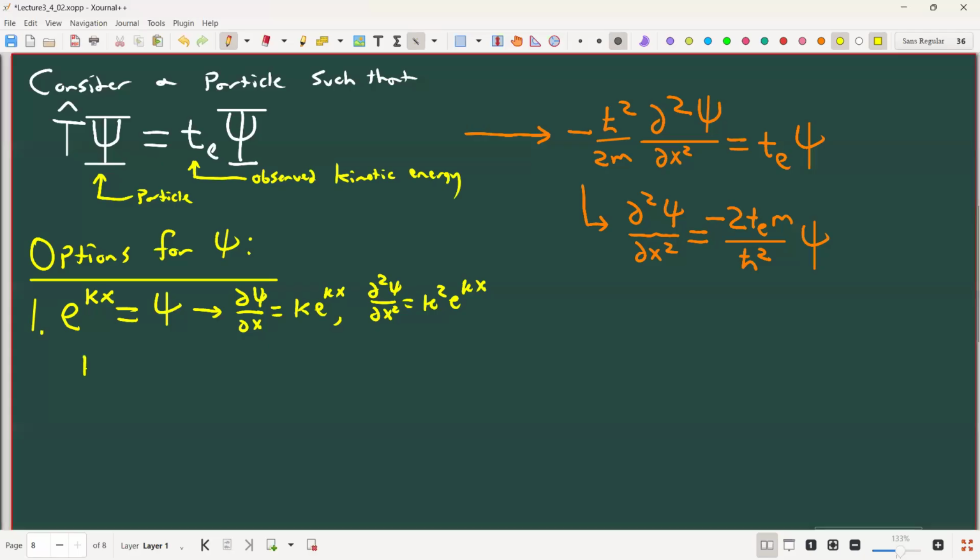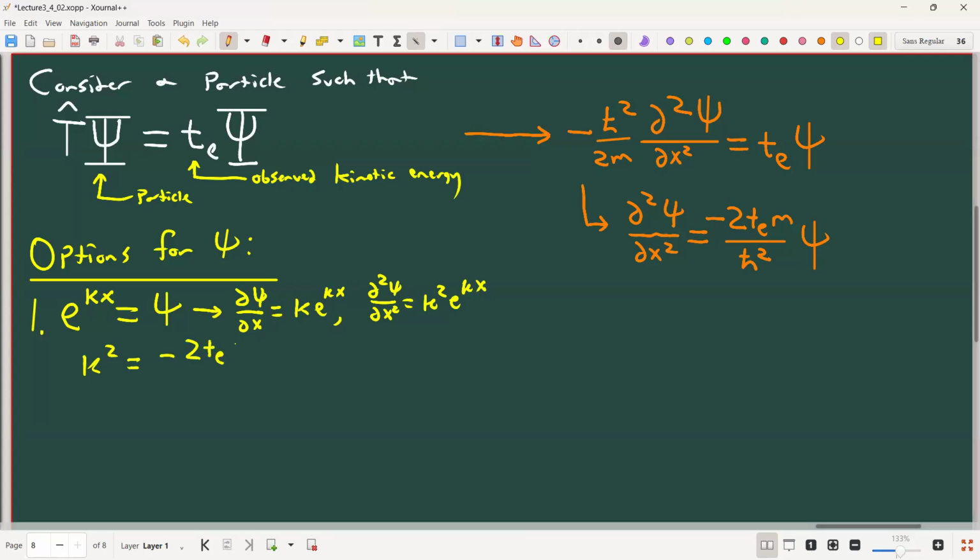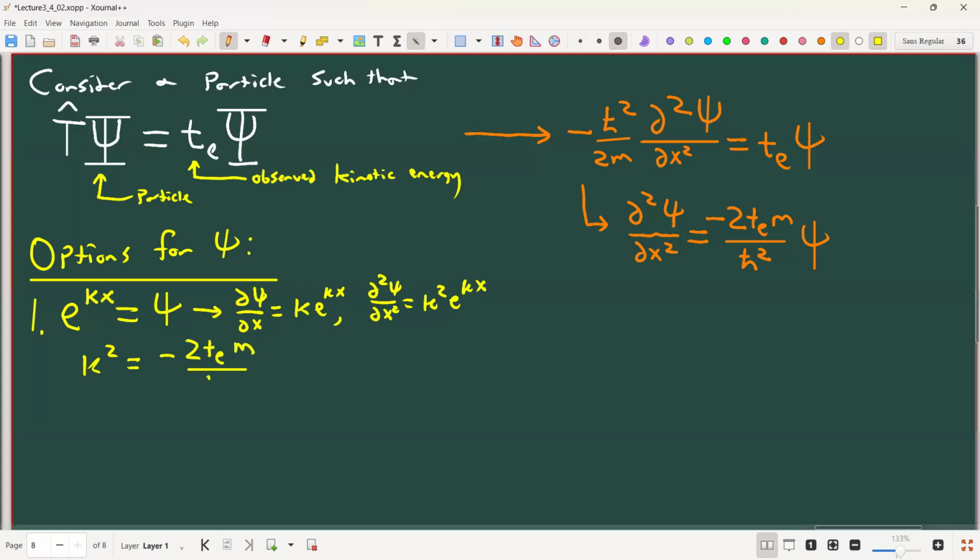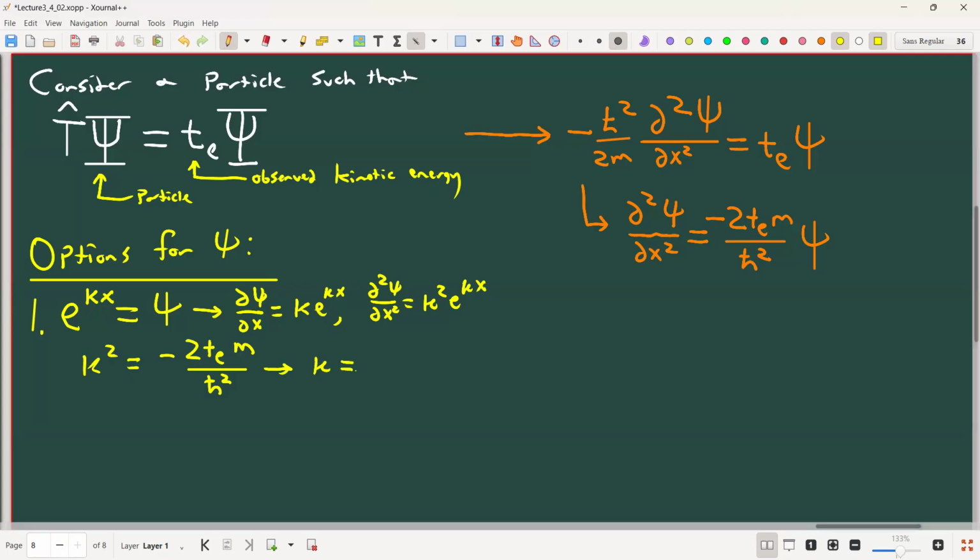And that means then that k squared is equal to minus 2 times the energy, m over h bar squared. And that means then that k